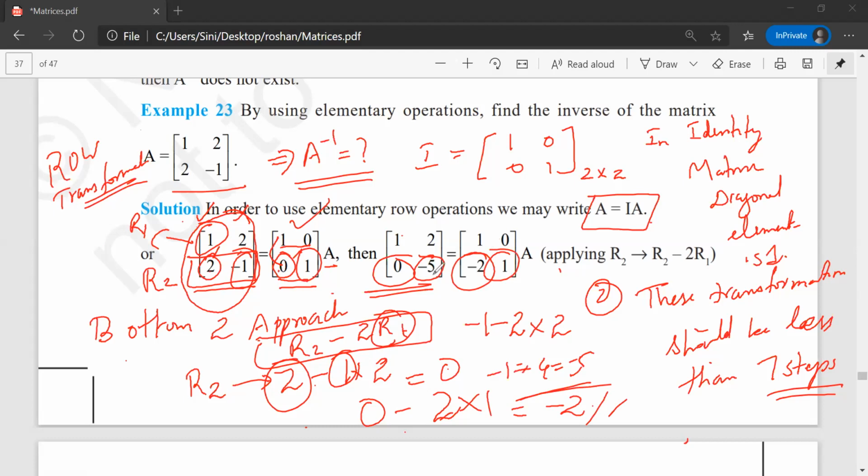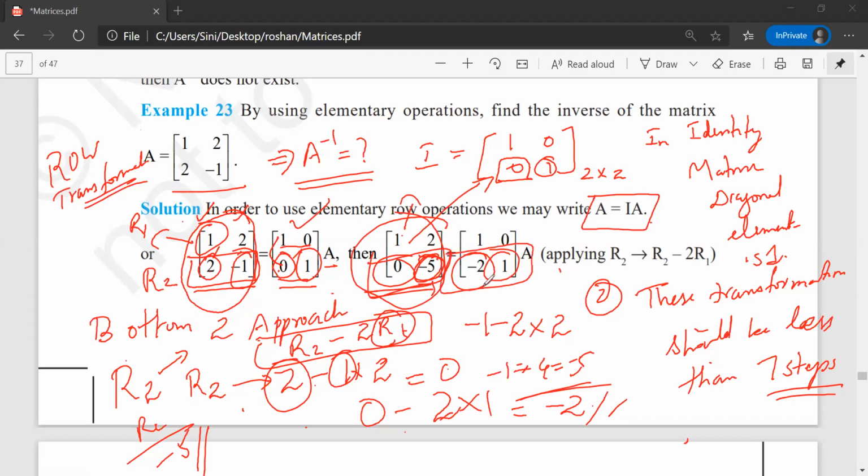Next step for us is to convert this into the identity element, 1 0 0 1. So this 0 is done. Next is to make this 1. How do I get this 1? Simply divide by -5. R2 gives R2 by -5. That's all, I'll get 1. If I'm dividing this full row by -5, I have to do the same thing here also by -5. So I'll get -2 by -5, and 1 by -5. So that is 2 by 5, and another one is 1 by -5. That's all. Clear?